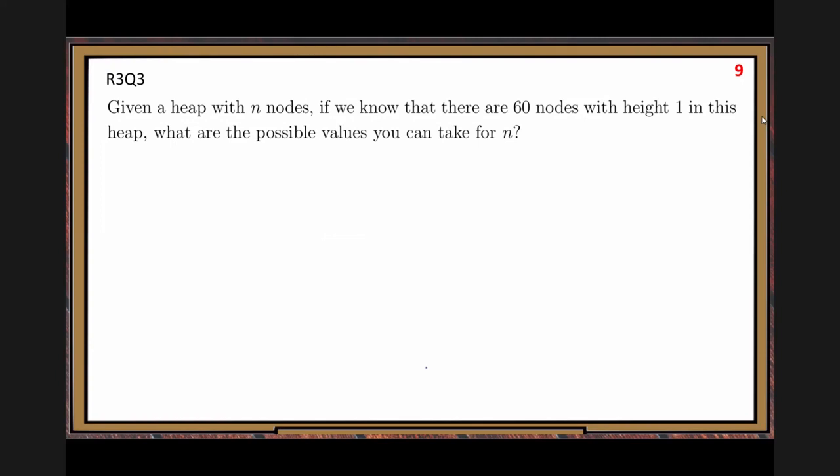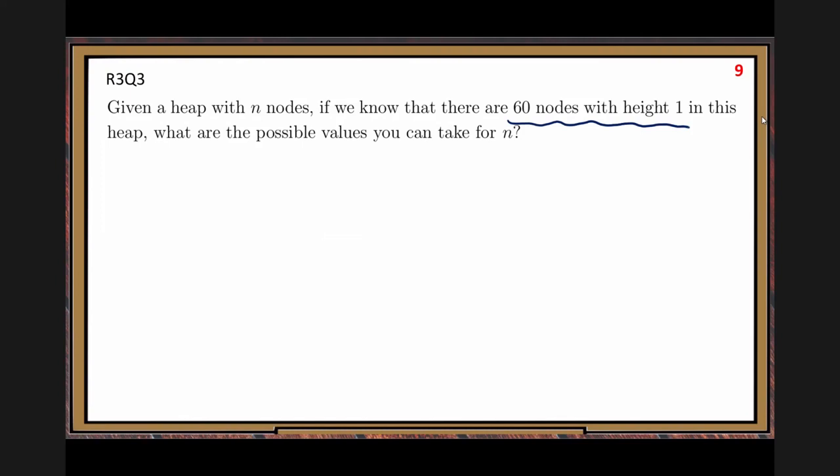Given a heap with n nodes, if we know that there are 60 nodes with height 1 in this heap, what are the possible values you can take for n? Similar to the previous one, but this time height 1 nodes. Let's use the same method to solve, okay? All right, first,